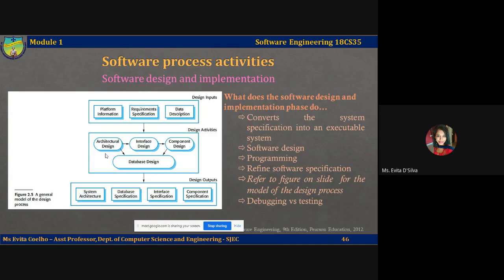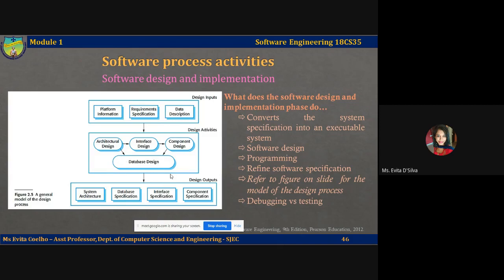These include the architectural design, which will define the overall system architecture, and the component design, where you define how each component is designed and what functionality the component should deliver. If components are to be interacting with each other without much dependency on each other, then you also need to define and design correct unambiguous interfaces. Finally, you need a place, a store, where all data produced by the system, generated by the system, or used by the system needs to be stored in a well-structured and well-organized way. And you have a database design for that.